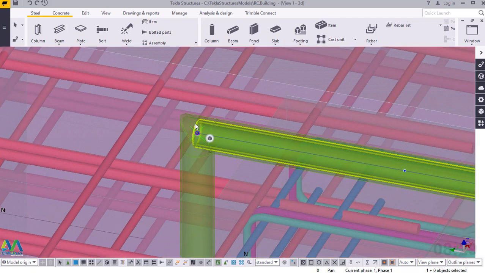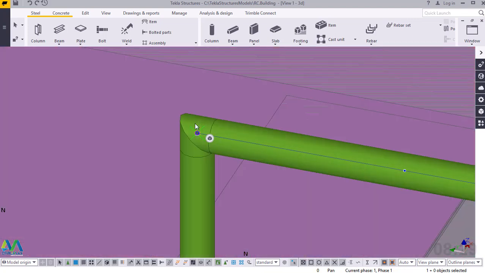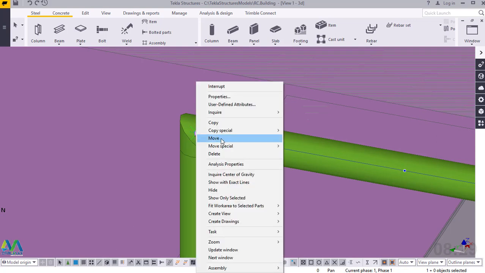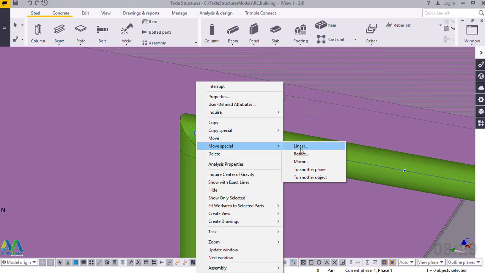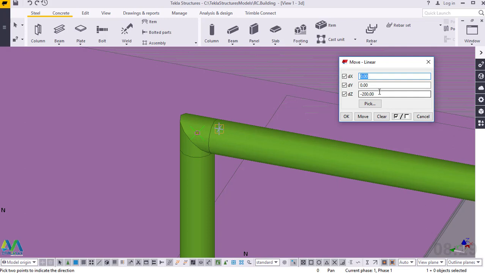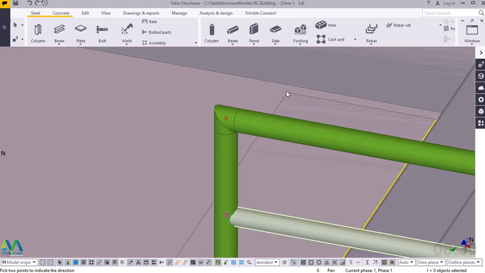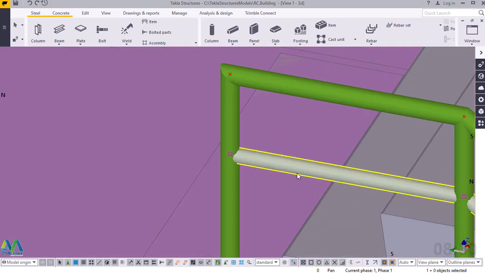Now I'll click on that. The moment I've clicked on that, I'll switch back to my previous presentation. I'll press Ctrl 4. Now that is already created, already selected. What we'll do, we'll just right click and come to special move. I'll give it a linear move, or I need a linear offset. I'll click that. Then I'll click move. Since our settings are still standing, I'll click OK, right click and come to interrupt. It has been moved down here,